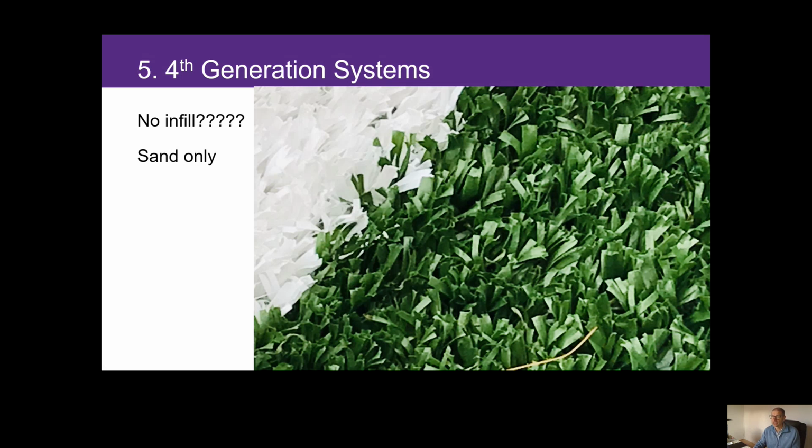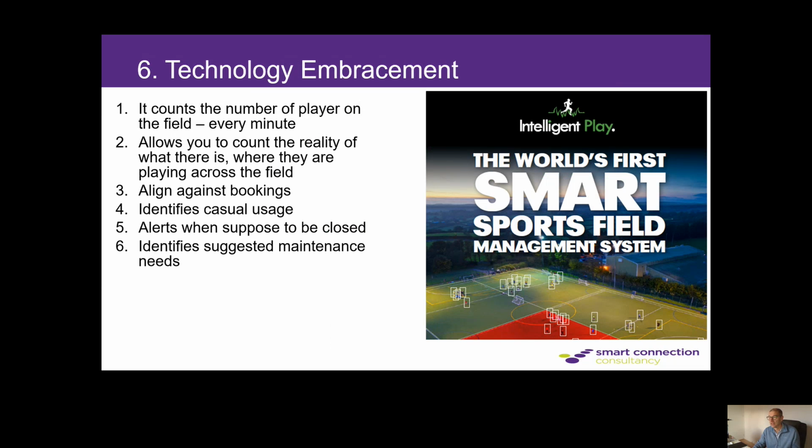So the next generation of technology, if you like, is looking at no infill. So this is called 4th generation. And it may happen and may come out to Australia over the next 5 or 10 years, where it's just sound on the inside. Also, we're seeing now smart technology being used, and we're now seeing this in Australia, a number of venues